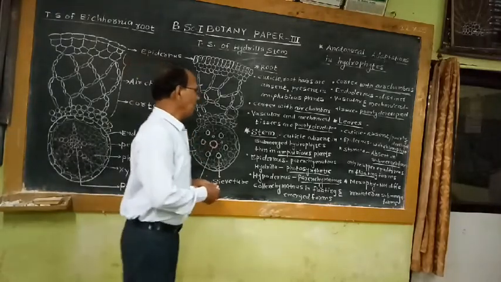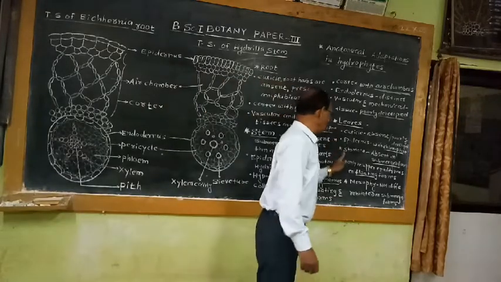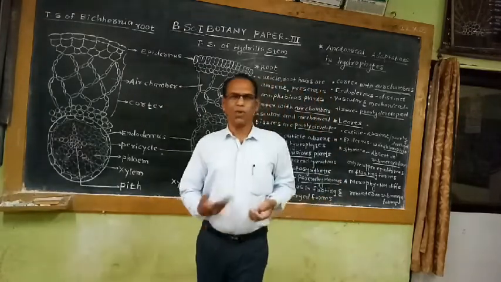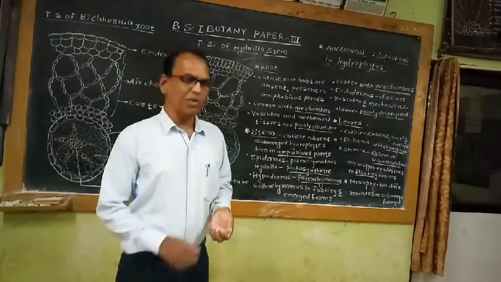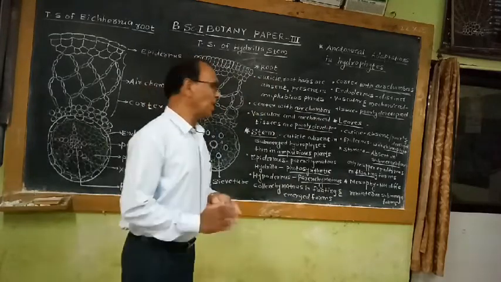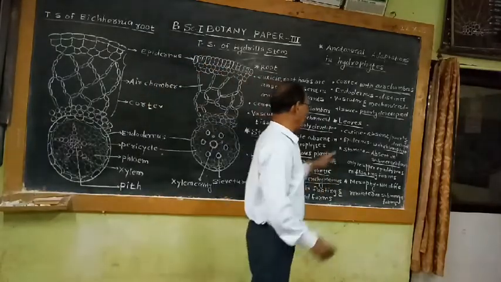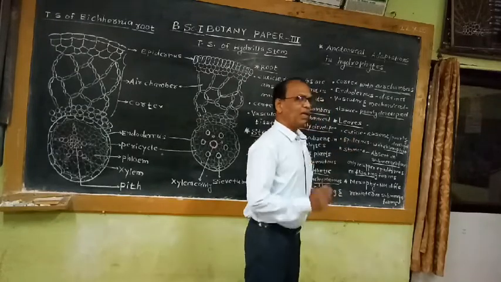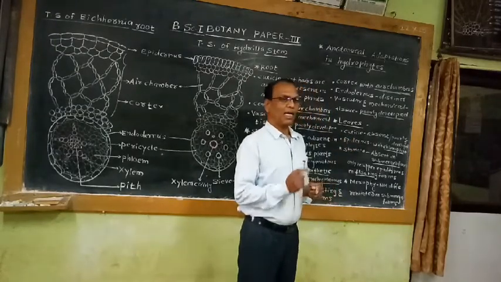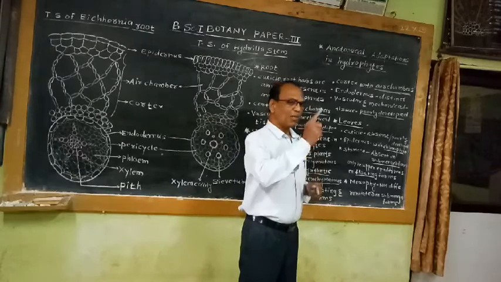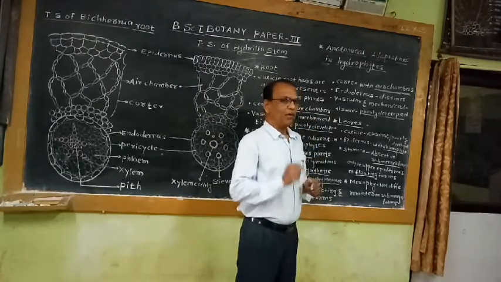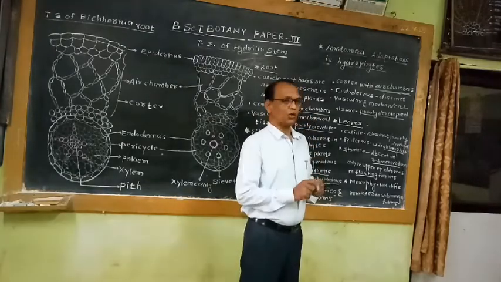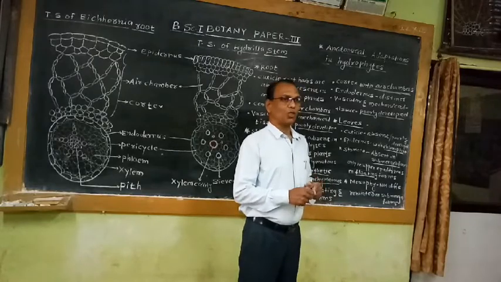Then the anatomical adaptations in leaves. Leaves show variations in their anatomical adaptations; somewhat different variations are observed in different leaves. For example, the transverse section of a Hydrilla leaf shows an upper epidermis and a lower epidermis. In between them there is mesophyll tissue, which is not differentiated into palisade tissue and spongy tissue.